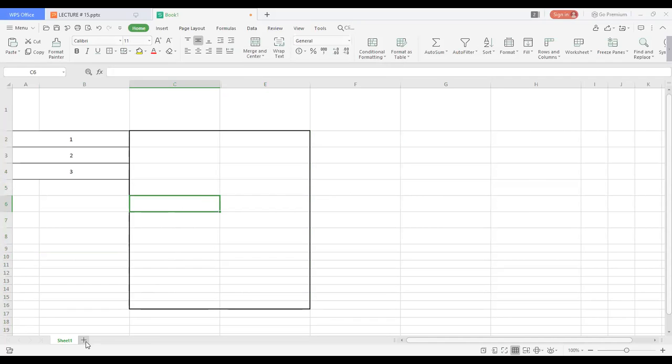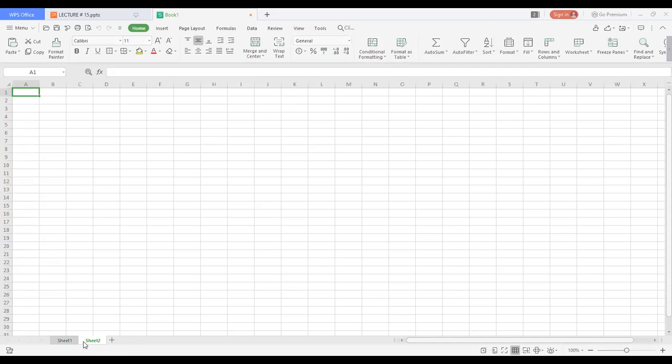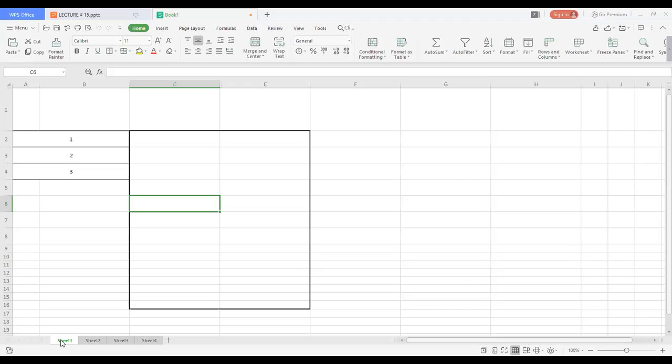This is the sheet, and this is how you insert sheets. Sheet, insert, insert, insert. Can you see? I have inserted 3 sheets. By going to sheet 1, right click and rename.